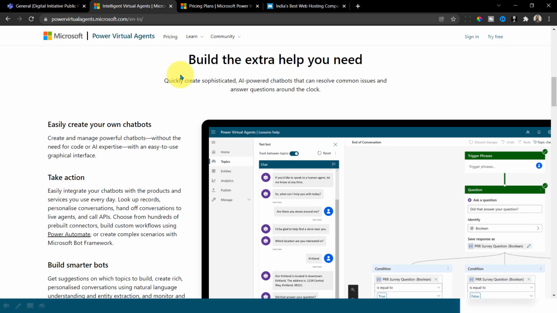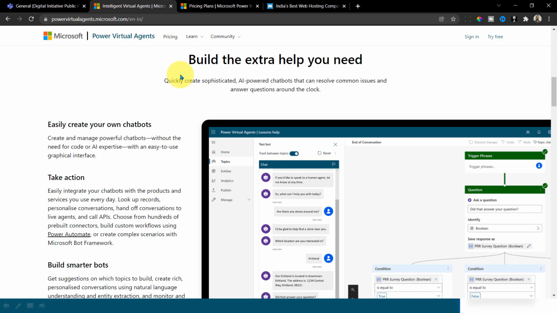If you want to do something static, everything can be done inside Power Virtual Agent itself. If you want to do something extra, we may need to use Power Automate, which helps us connect with the different data sources we have, pull the information from there, and display it to the end users.